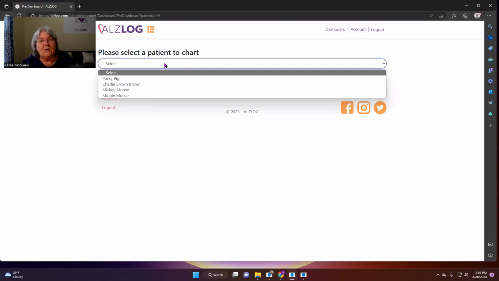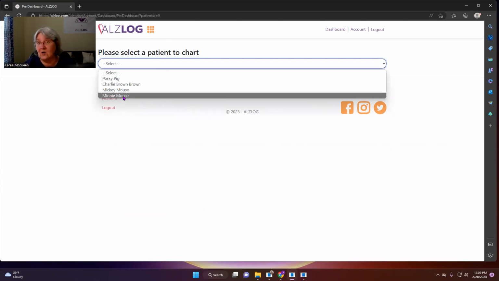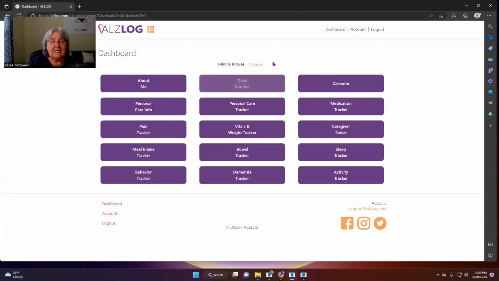So if I was taking care of multiple patients, say somebody is working in an assisted living and they have several patients there, they would all show up. They would have a drop down here, but if you only have one at home, then your patient is going to be the only one that shows here. So you would pick that, and then you come in here,